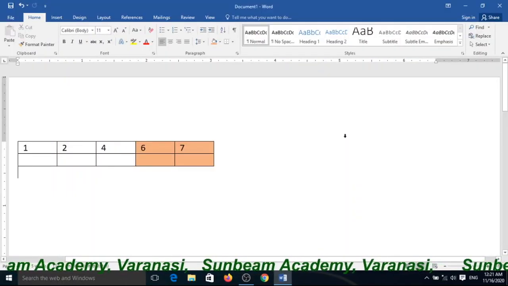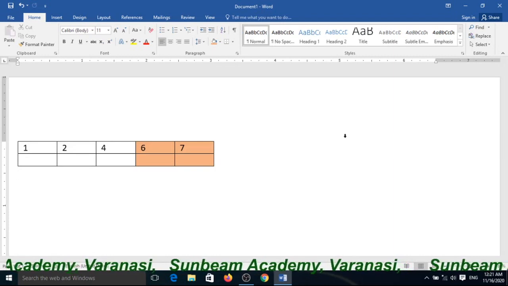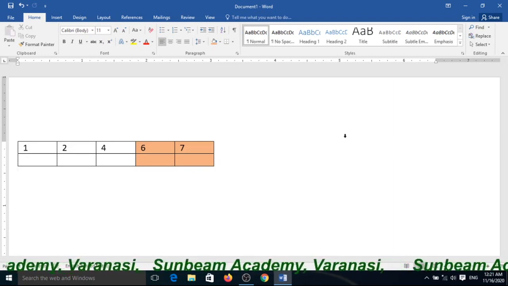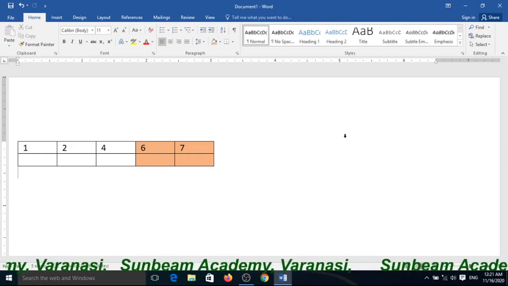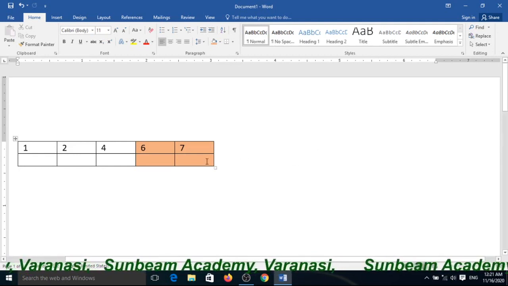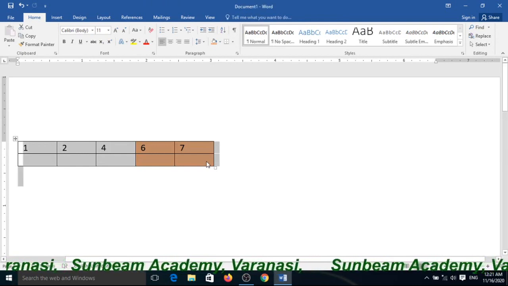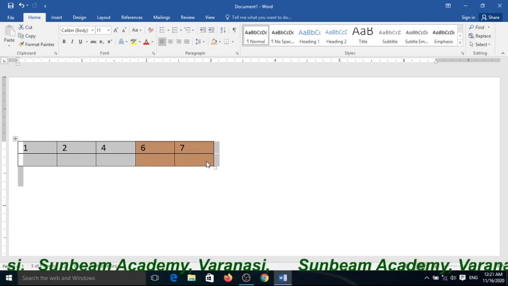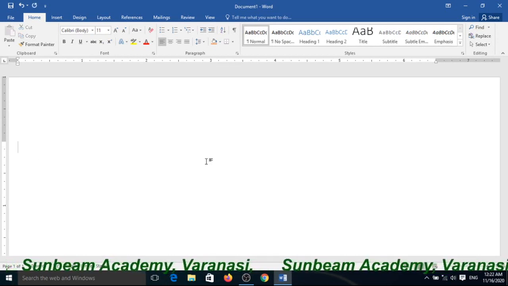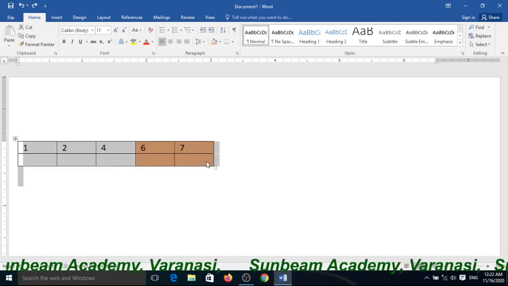You can delete the whole table, or you can delete only the contents of the table and keep the structure of rows and columns. Select that one. Suppose I select and press the Delete button of the keyboard. Now you can see it is deleted. Very simple.